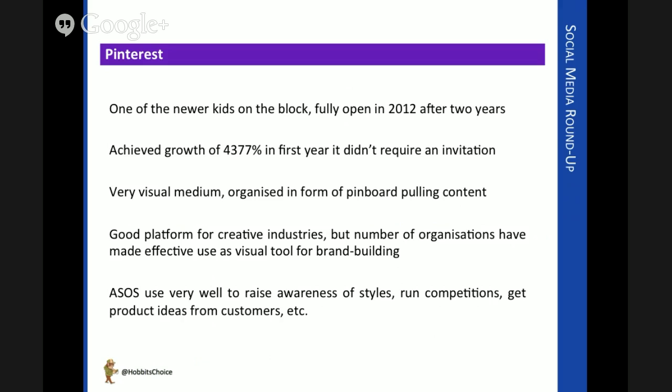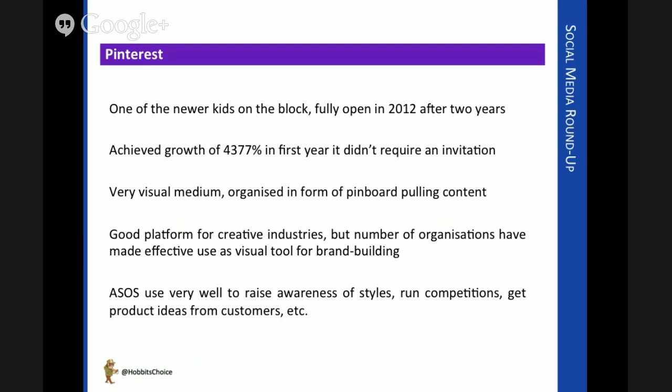It uses the analogy of a pinboard where we put postcards and notices on a board, except these are pulling content from elsewhere and hyperlinking through. They're very visual and they look very, very good. And whilst the platform itself is simple to use, it's great for creative industries, but a number of organizations are using it in innovative ways to build their brands.